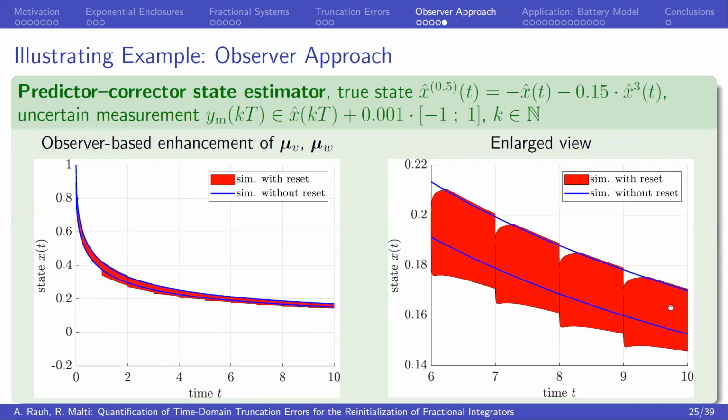of the fractional integrator. Why is such resetting interesting? As I already mentioned, predictor corrector type state estimators usually have at those sampling points information about the system states. For example, we take into account those interval valued uncertain measured quantities, the measured system outputs. Those can serve as the resetting quantities, and the solution enclosures even get tighter than the original blue bounds.